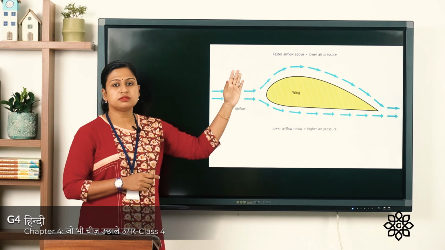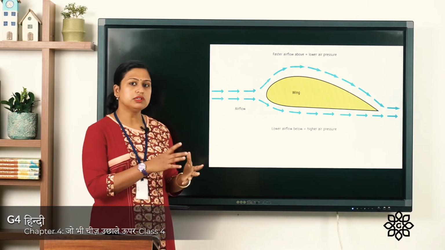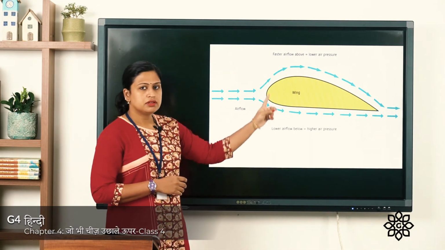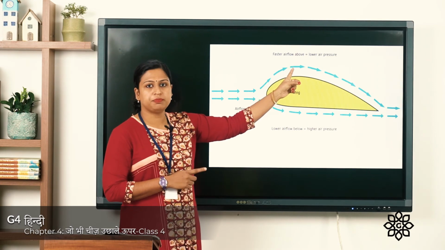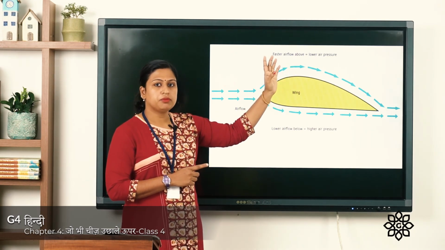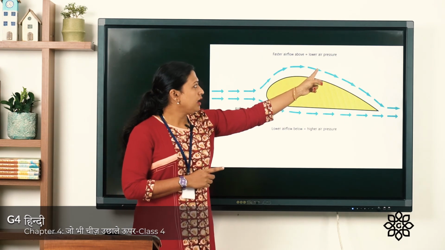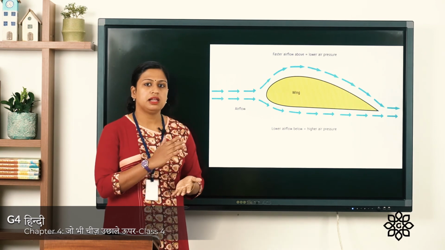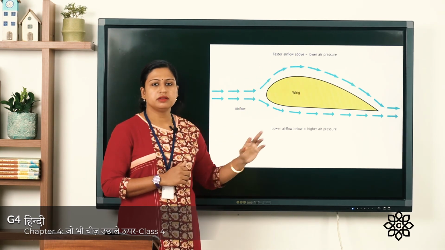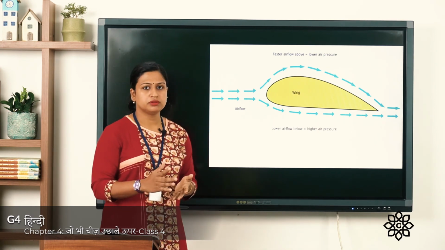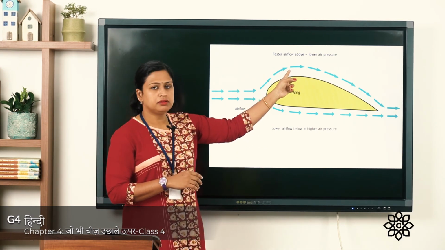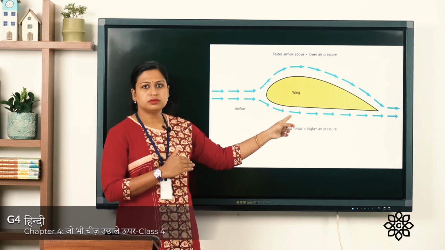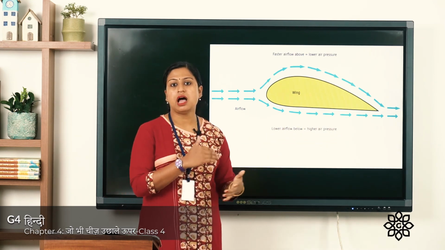Now the air that is moving on the upper part has more speed than the lower one and it meets at the end. So as I told, here the air has more speed. So because of this more speed, the air pressure is less here, and here the speed of air is less as compared to the top part. So here air pressure is more. So it is opposite: high speed, high movement of the air, so low air pressure. Here low speed, that results in high air pressure.